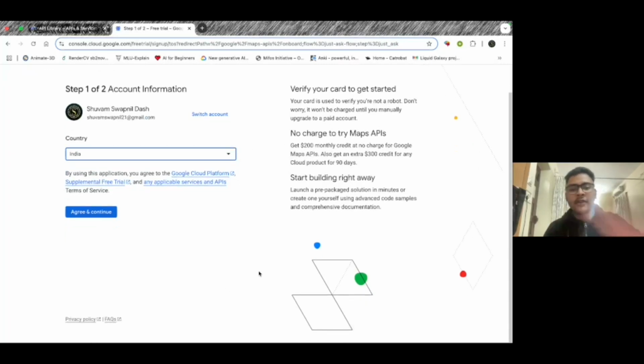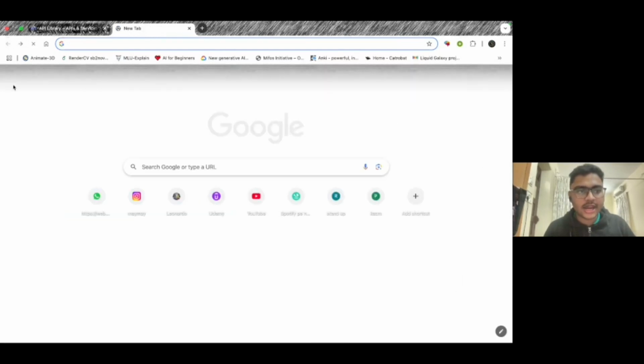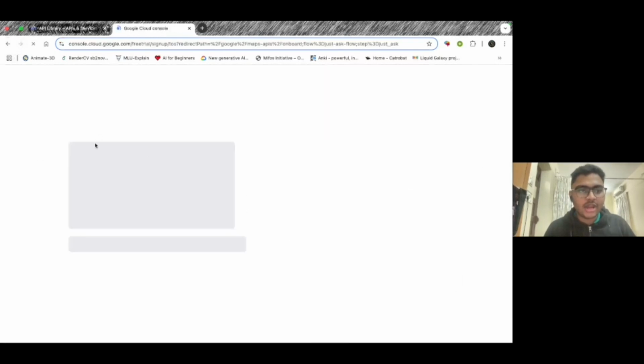Here you do not have to enter anything. We can get our API key for free. There is no need of entering any credit card or something. I'll just click the back button. Then for the second time, when I go back,